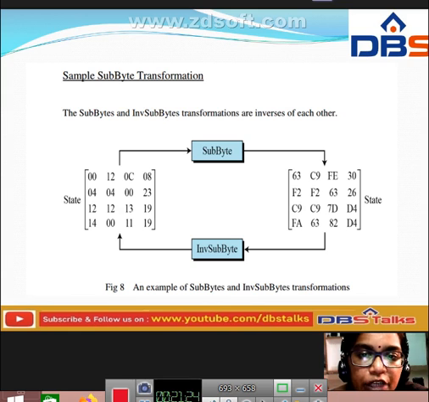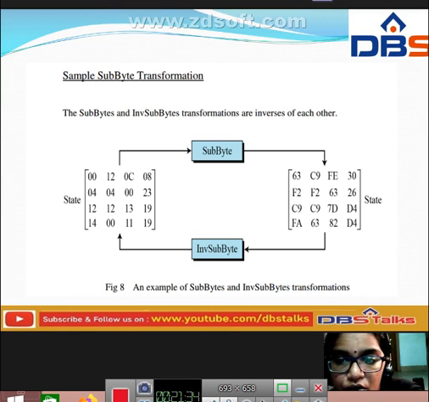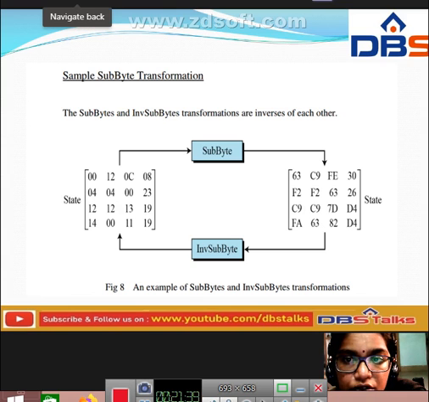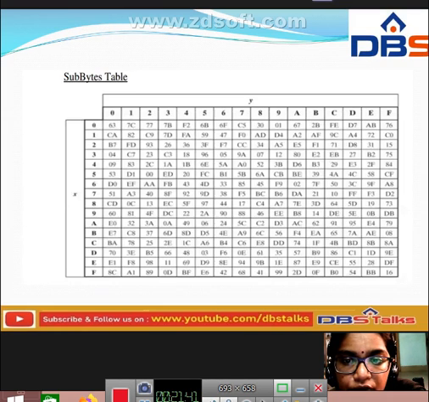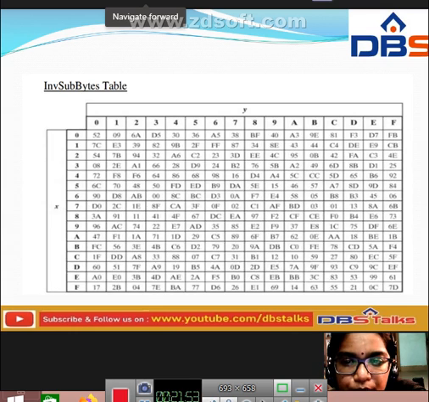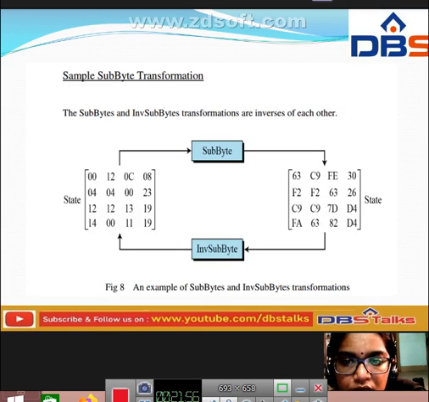These subbytes and the inverse subbyte transformations are the inverses of each other. Inverse means you already know how we are going to perform the inverse operation on the matrix. Suppose this is 00, 11, 20C and 08 at the 00 state. In place of 00, we are having the value 63 here. Just like that, simply by considering these tables, in the 00 state we are having the value 63,